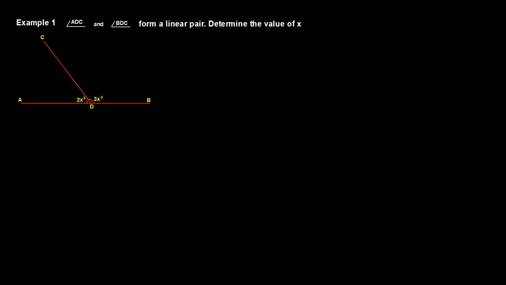So now that we have looked into linear pair adjacent angles, let's look at some examples based on them. So look at this question. Here it says angle ADC and angle BDC, they form a linear pair. Remember, what we understood from linear pair is